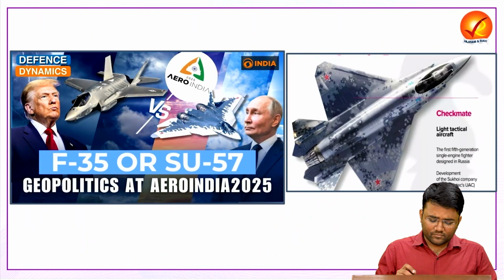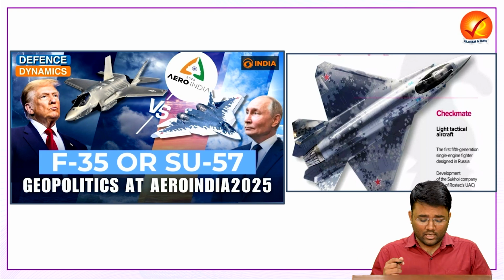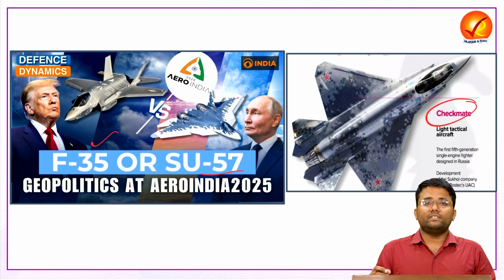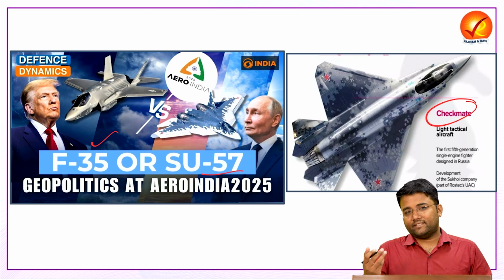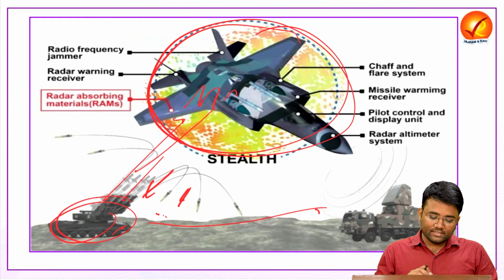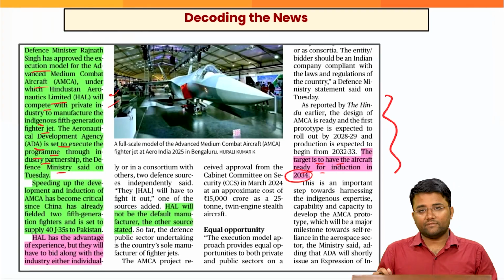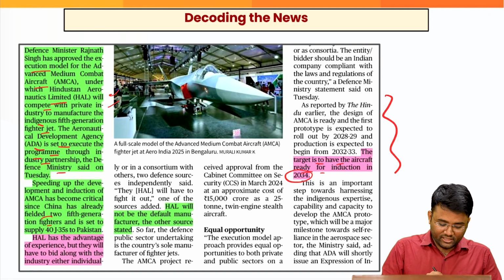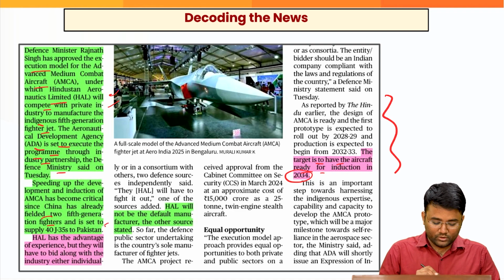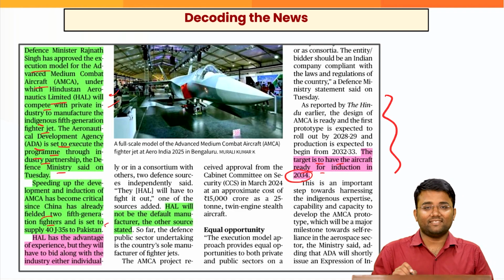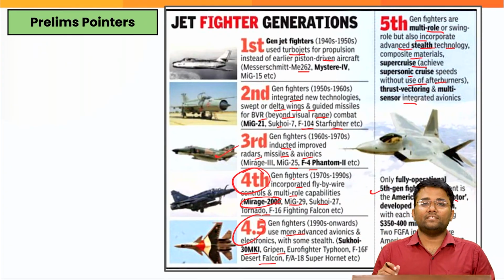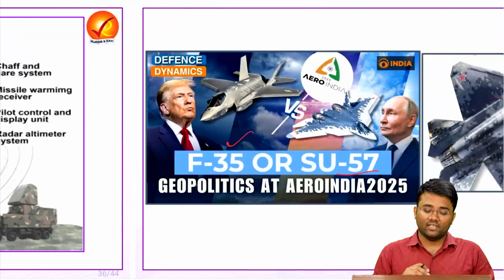Also, India is looking at various other aircraft like the F-35 or the Su-57, the Checkmate of Russia, which are in the pipeline. Discussions are going on. Why is it important for India to develop a fifth generation aircraft? Because China has already fielded two fifth generation fighters, and they are also set to supply 40 J-35s to Pakistan, and that is the reason it becomes prudent for India to ensure the safety and security of our borders and our people, that we also need to develop proper fifth generation aircraft.